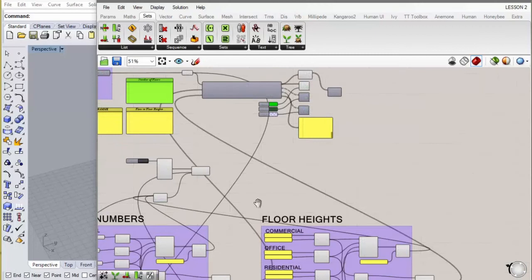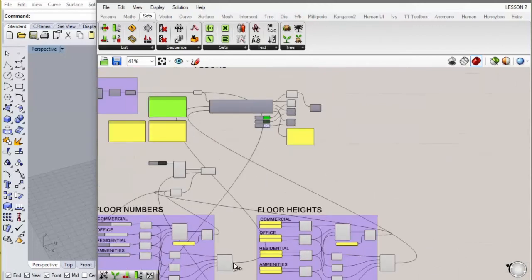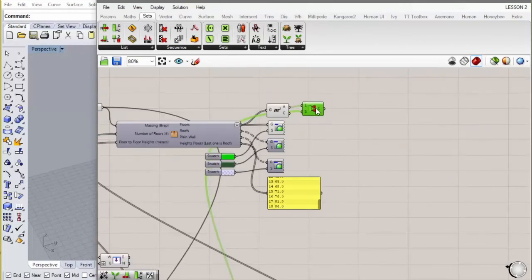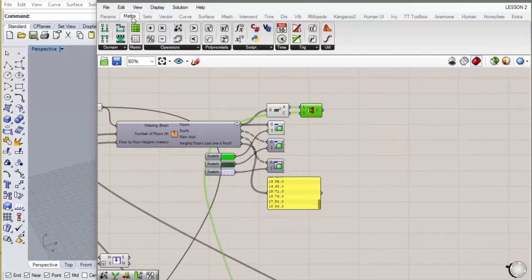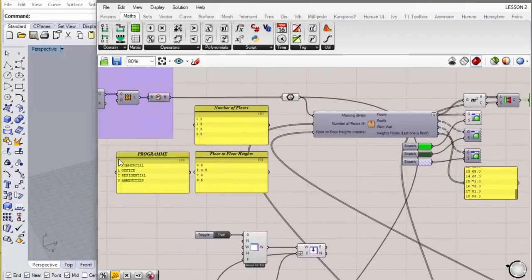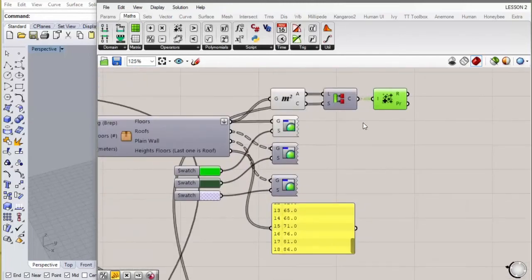So we put in these as the floor numbers, and we put these in as a reference, and now that's split up into groups according to which floor. We just add them all up. So that gives us our area totals for each of the different programs: commercial, office, residential, amenities.